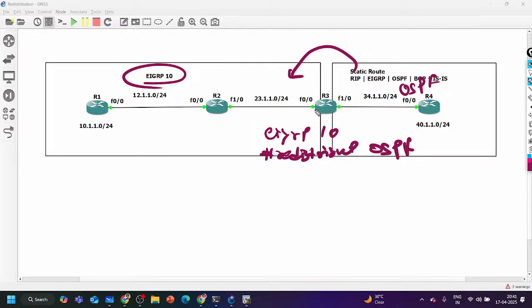And guys, on a single router we can have multiple OSPF processes also. So the OSPF process ID: which OSPF you want to redistribute? OSPF process ID, and after that K1, K3, K2, those values. This is the bare minimum requirement of redistribution. After that, there are some advanced options available, like you can use a route map, and we'll see many more options. Those are advanced things, but this is the basic one.